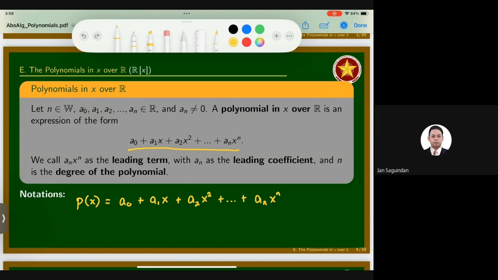Okay. Moreover, we can have a compact form, which is the summation form. We are going to use the summation notation. So we have the sigma, the Greek letter sigma, uppercase. So that is the summation of all. In this case, we are adding all terms of the form a sub I x to the I, where I is taken from 0, that should be the lower limit, and then the upper limit will be n.